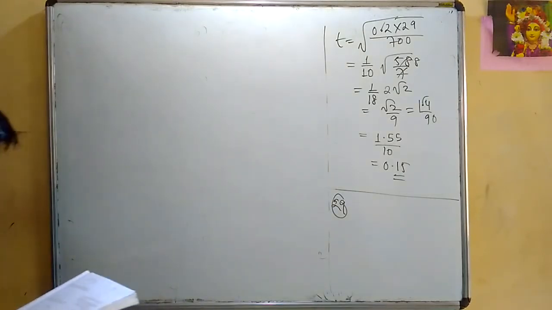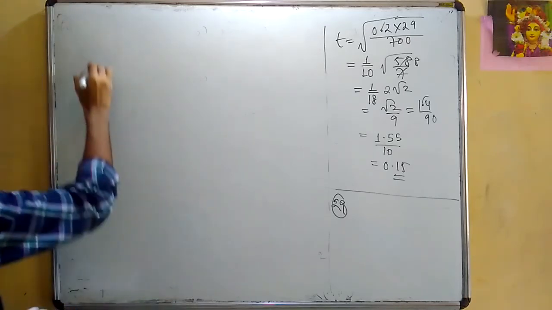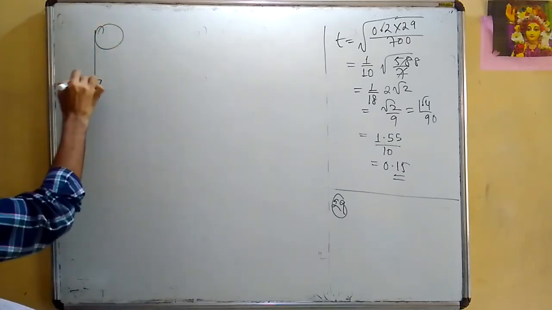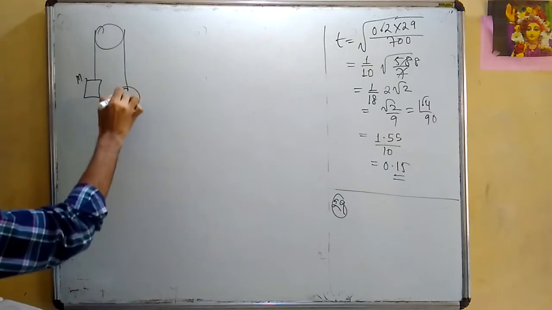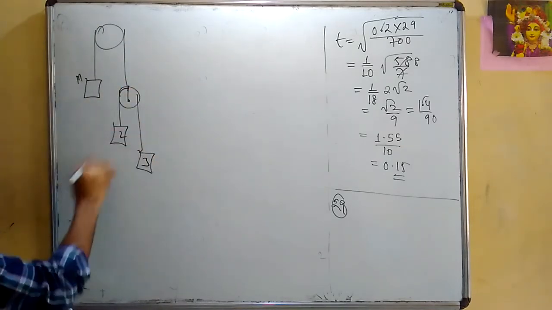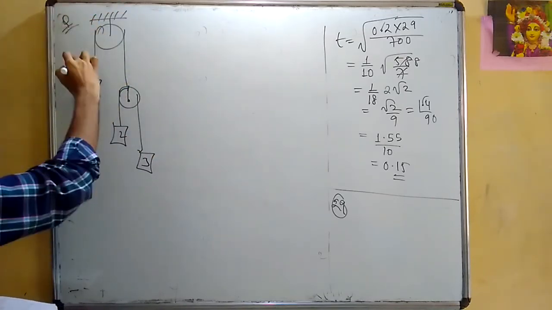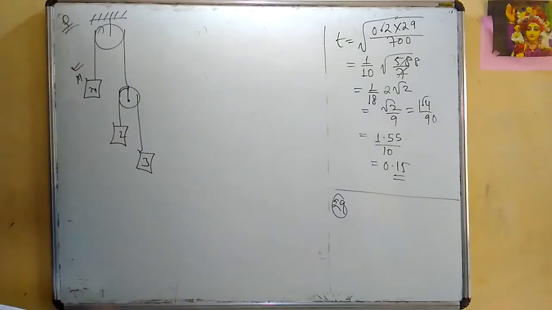what is being asked is, in the previous problem, if this was 2 kg and 3 kg, what was the mass m so that this remains at rest? Question number 29, what should be this mass m so that this system remains at rest? This is 2 kg and this is 3 kg and this is m. So in the figure it is asked, what should be this mass m so that this remains at rest?